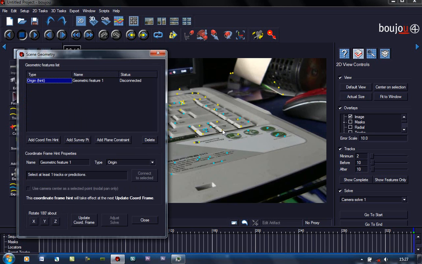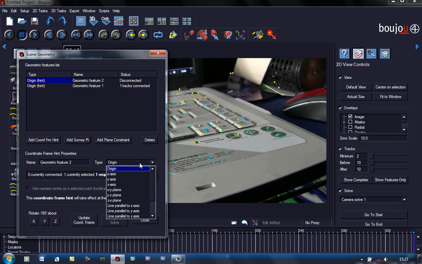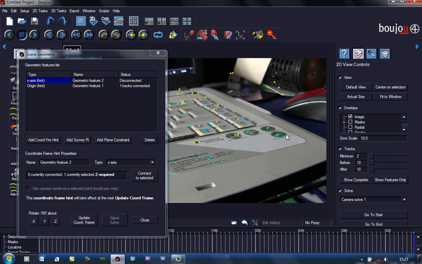So select a point and connect one track. Go to add coordinate from hint and set this to be the y-axis, which is that way. So select these 2 points here, connect to selected,